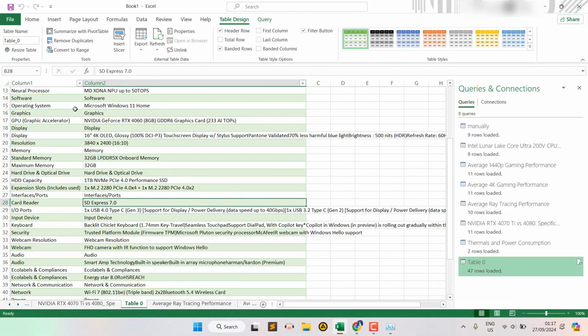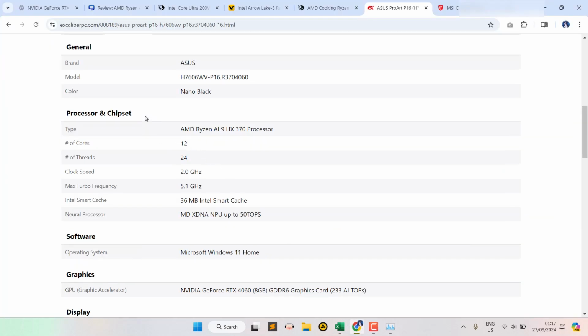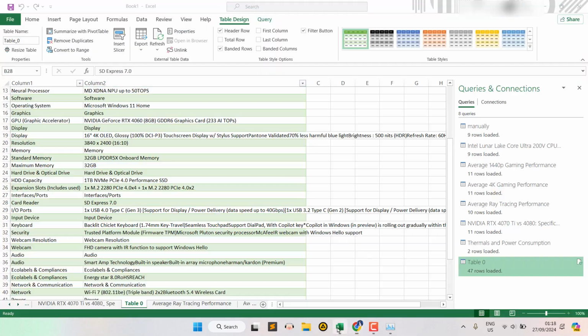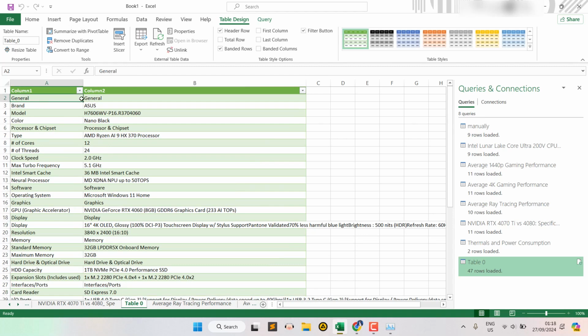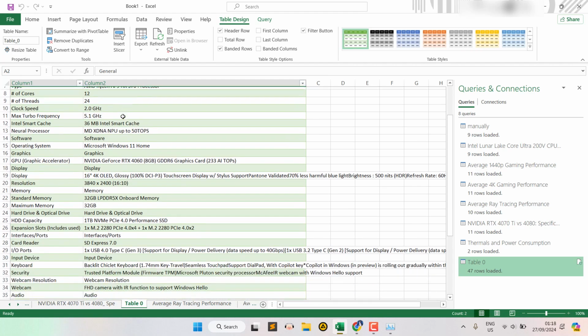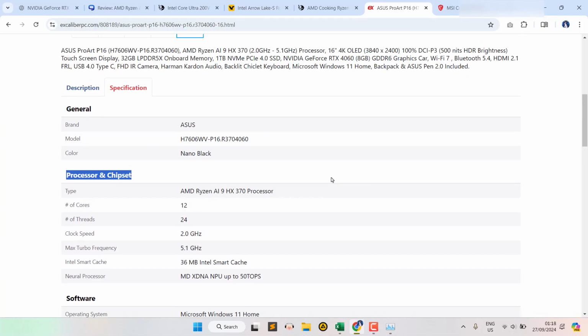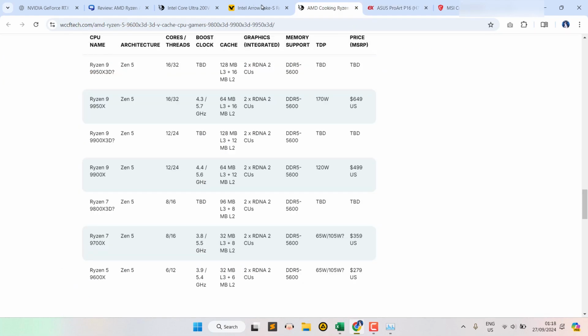Also, of course, we still need to do an extra step for this kind of tab, because you see the table has a general header, so the chipset, etc., and Excel treats that as a single table. So in real life, we need to further process the data to be correct data, but you get the idea. Another problem when we want to copy data from the internet manually is sometimes